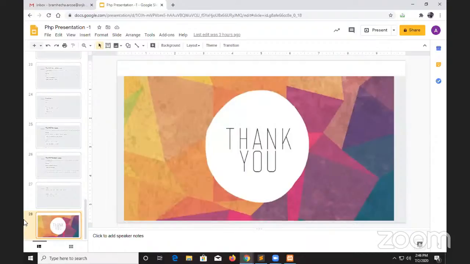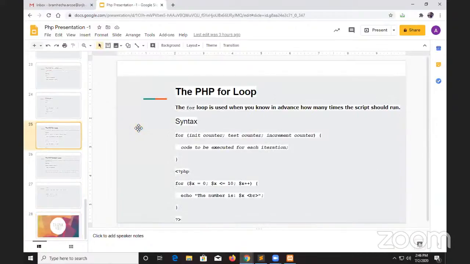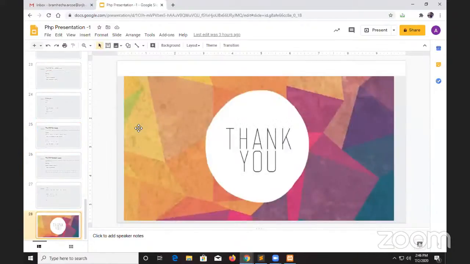Okay. So that's it for today's video. From tomorrow, we are going to see arrays and strings, which is an important point. After completing the arrays and strings, we are going to see the database operations. That means we are going to insert values into the database and retrieve values from the database. But for doing that, you should have the basic understanding of these things. So that's why I have covered this point here. Okay. So that's it from my side. If you have any doubts, you can ask.